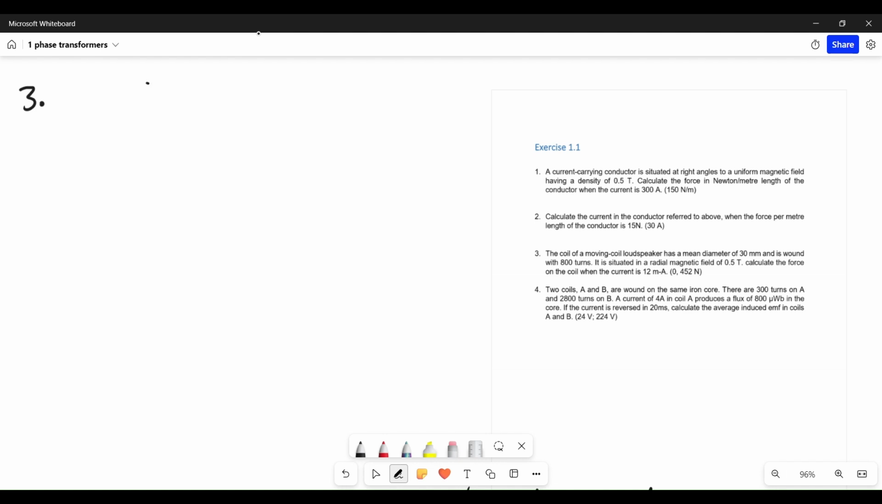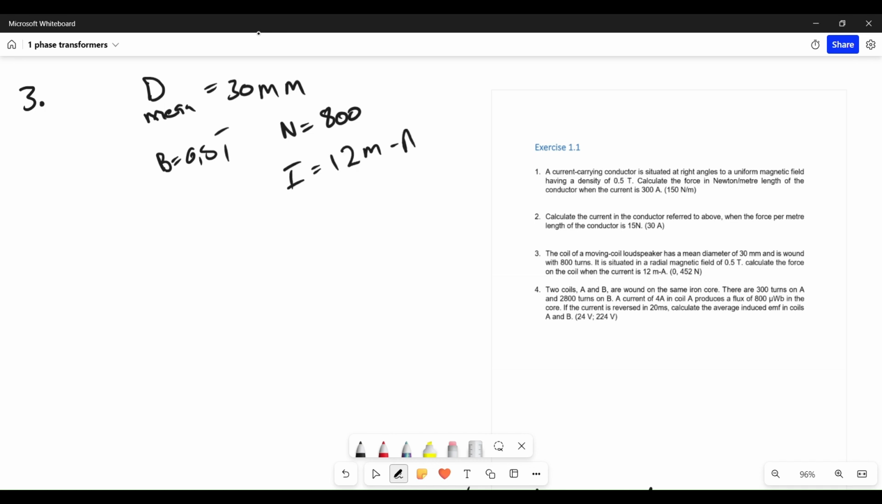Okay, so we're given mean diameter, d mean of 30 millimeter, and then we're given the number of turns that are 800. We're given the flux density 0.5 Tesla. We're given the current through the coil, which is 12 milliamps. Okay, so for us to calculate the force, we're going to use the equation F is equals to B I